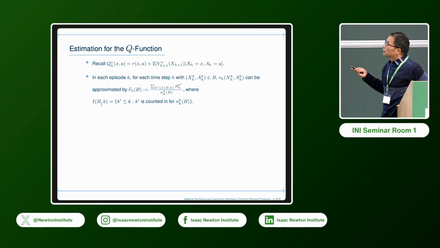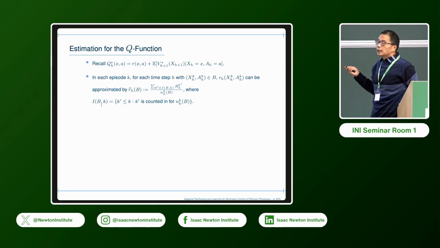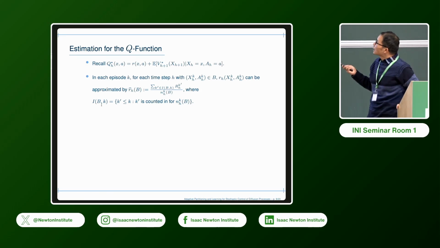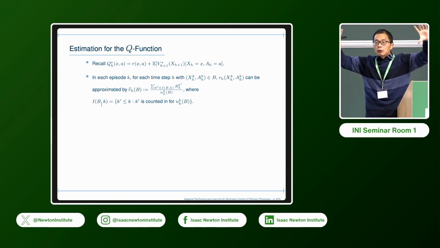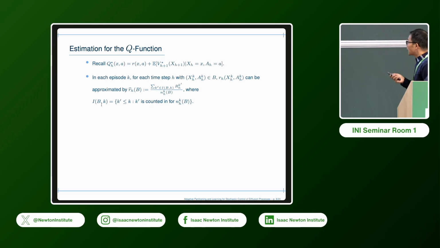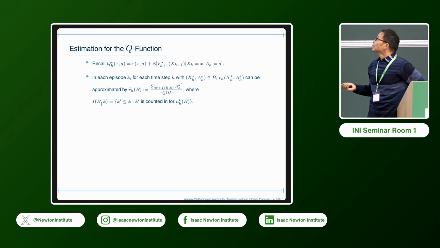The sample mean to estimate this expectation. Well, it sounds like the error can be quite big, because here the visitation may not be that much, right? And this is a block. The block may come from a very big one to some small one. So the error can be quite big.